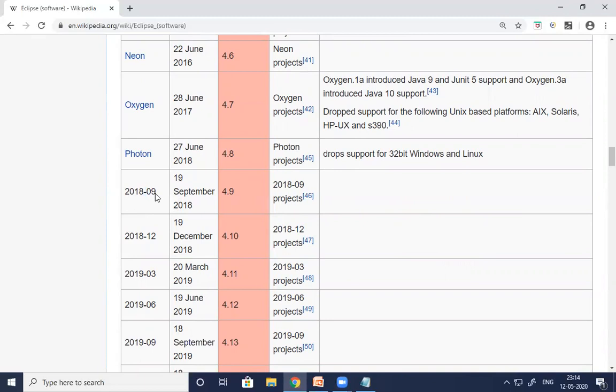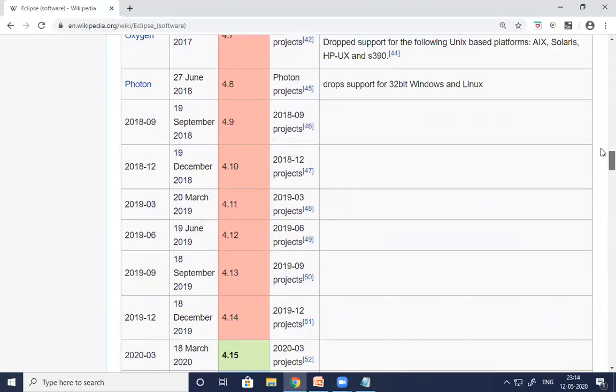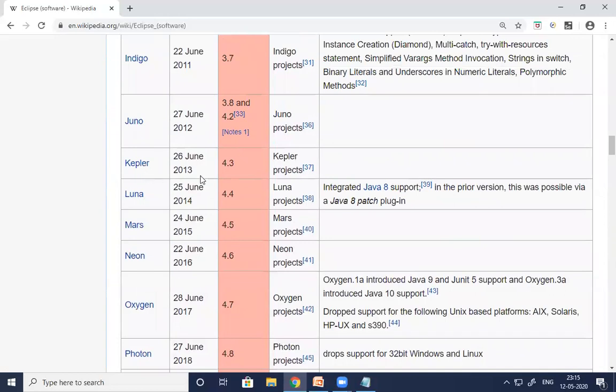They're using the year name and hyphen month name as the Eclipse version names, guys. So what is the very latest version? This is the one. But don't use these very latest versions, guys. We still did not explore how to work with them, or what the new features are in the latest versions. For working on Selenium especially, any version is fine, especially from Kepler 4.3 and above is suggestible.